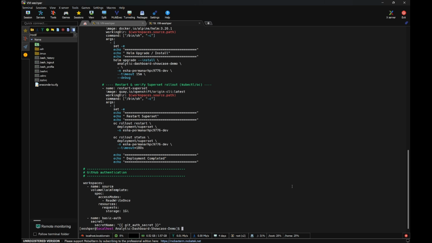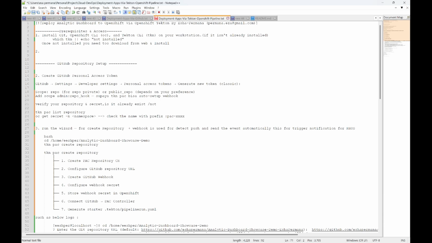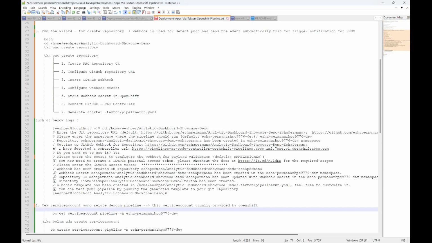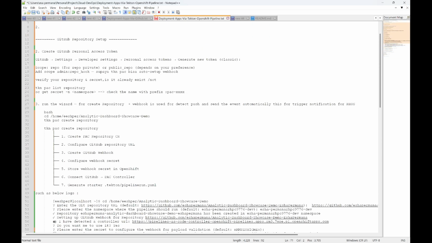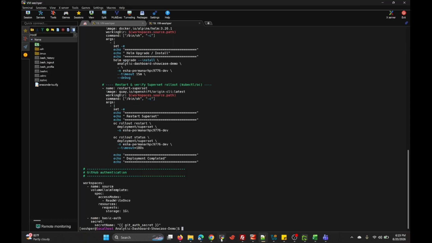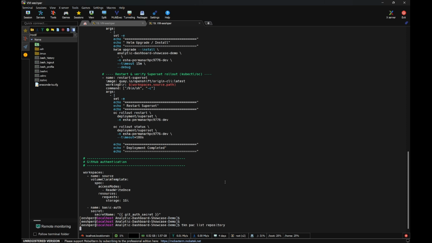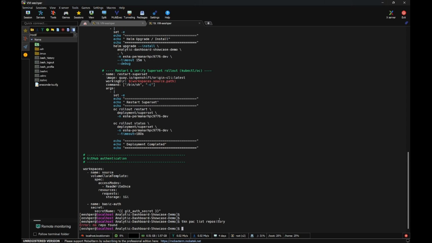Okay, so we will continue with the onboarding process. So we can check first, do we have the repository for Tekton or not? For the Tekton PSC, I mean.